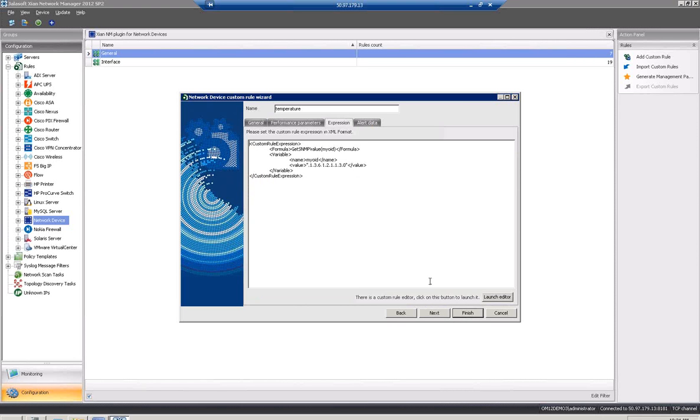The expression is the most important part of this configuration, because here I define the OID that is going to provide the information, in this case temperature. So for example, let's imagine the temperature is being gathered from this OID. But if I need something more complex, like some formulas to be used,